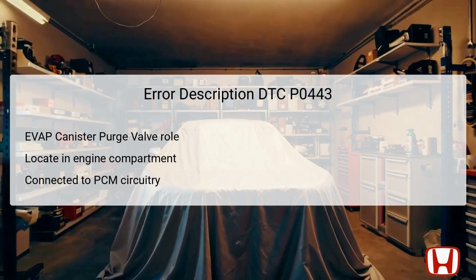The EVAP canister purge valve plays a vital role in managing fuel vapors produced in the fuel tank. By allowing these vapors to be routed into the intake manifold, the valve supports the vehicle in meeting emissions regulations. The purge valve is situated in the engine compartment, connected via hoses and electrical connectors to the PCM. The PCM is responsible for regulating the operation of the valve based on vehicle operating conditions, ensuring optimal performance and